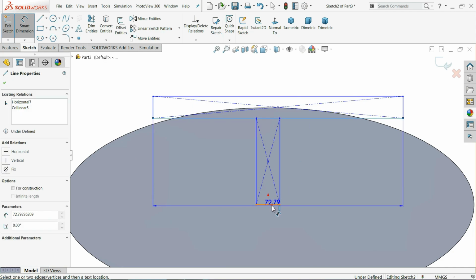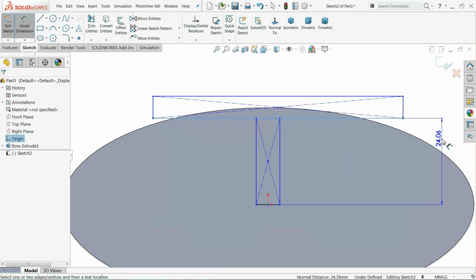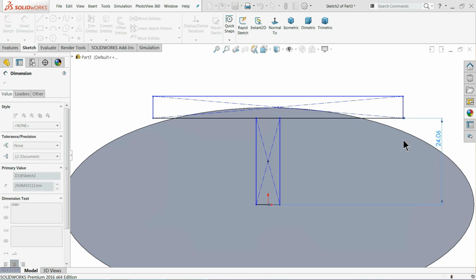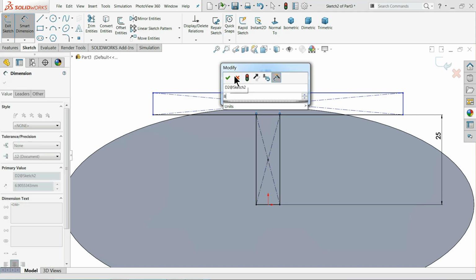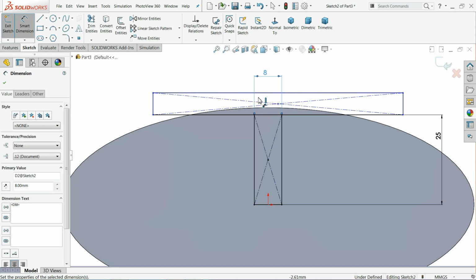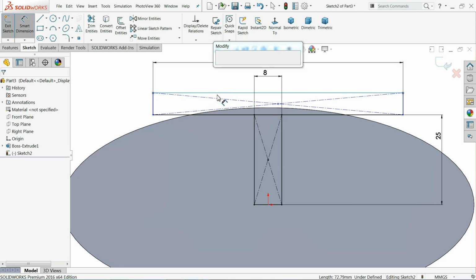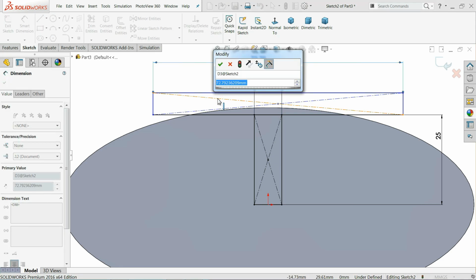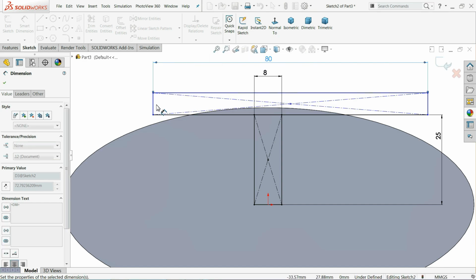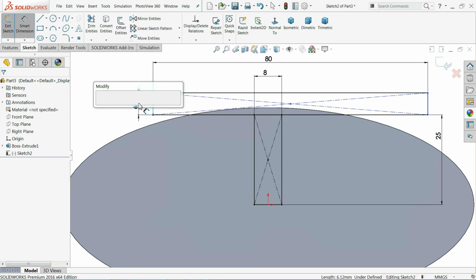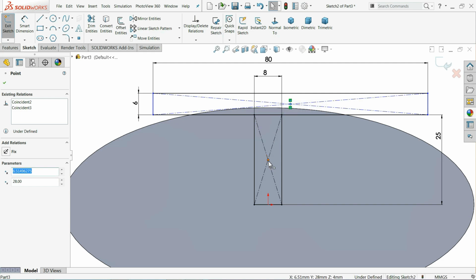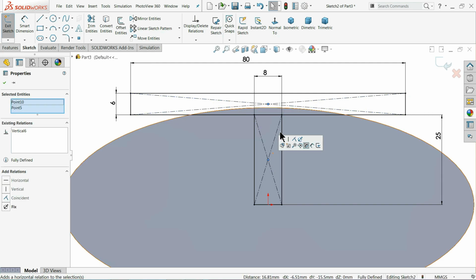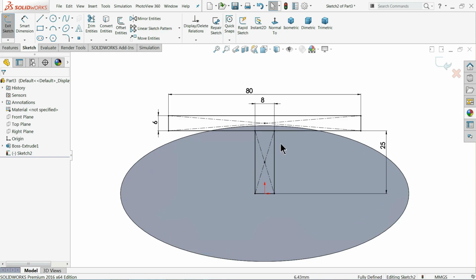Now this distance 25 millimeter, and this 8 millimeter, and this length, make sure it is bigger than the outer edge. Anything you can put, like 80 millimeter or something. For defining you can use anything, or even if the geometry is not fully defined, select these 2 points, vertical. Now it is fully defined, so no need to even trim.